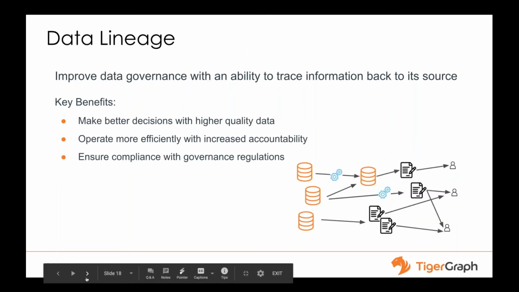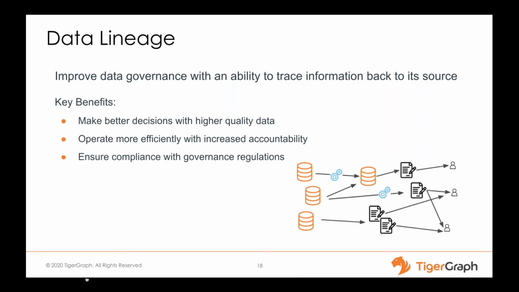And the next part is a starter kit with a demonstrated data lineage example. We've seen that there's an increasing trend regarding data privacy and governance in enterprises. TigerGraph is designed to manage data better with the relationship between different data silos and also tracking and tracing the data sources. The goal is to have better quality data and also achieve operational efficiency with data governance and compliance.